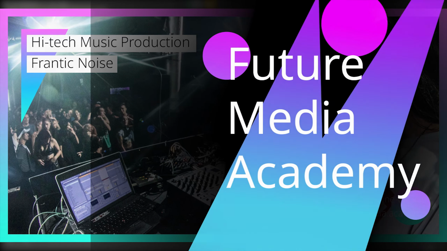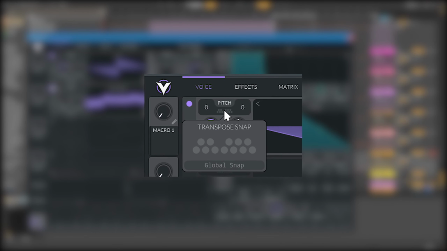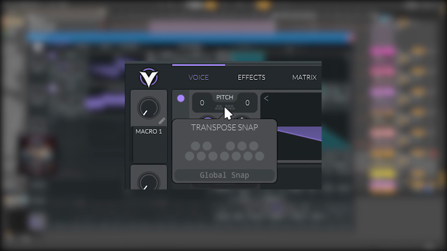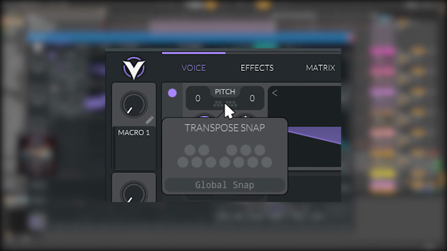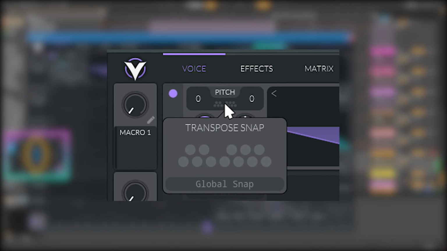So in this first episode of the Vital series, I wanted to talk about this very special feature of the oscillators, the transposition snap, that will lock the pitch modulation to certain tones that we choose, and it allows your presets to